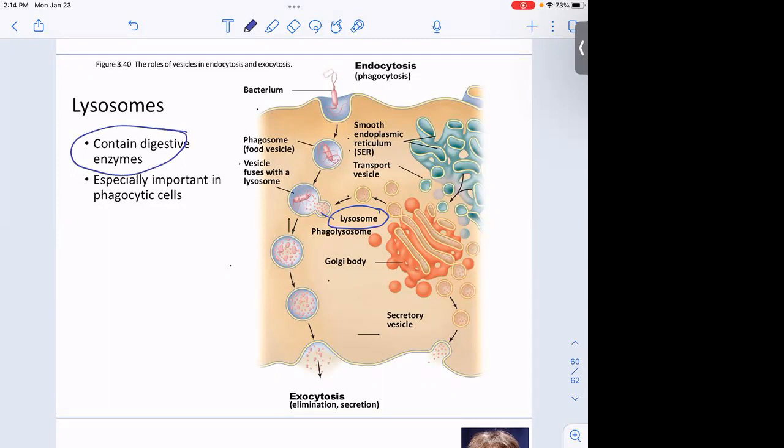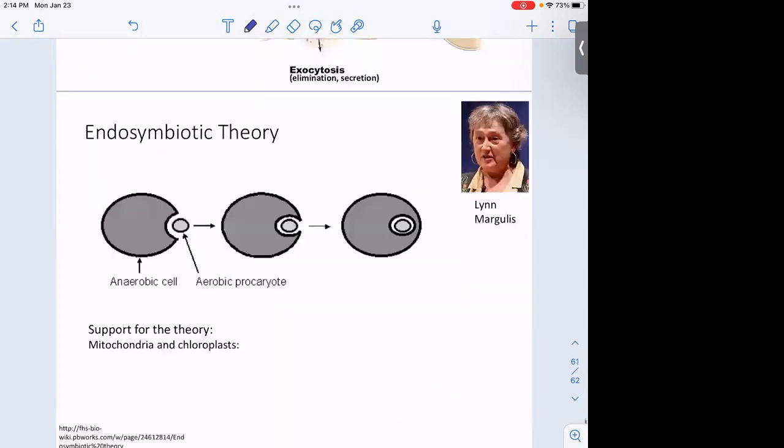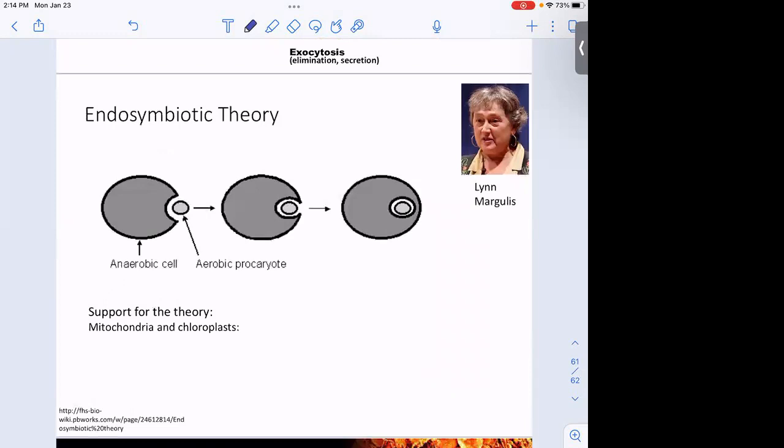And there's some other organelles again that they talk about in your book that you don't need to worry about. Okay, I want to lastly come back to the mitochondria and chloroplasts a little bit, because it's through close study of those that we have this theory of how kind of the first eukaryotic cell came to be. So it's called the endosymbiotic theory. And again, it's a theory, we can't prove it because it's a creation theory, right?